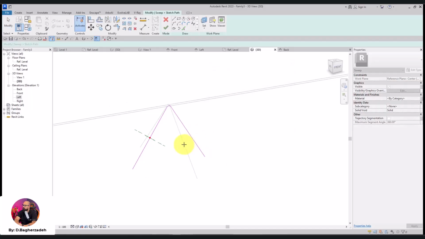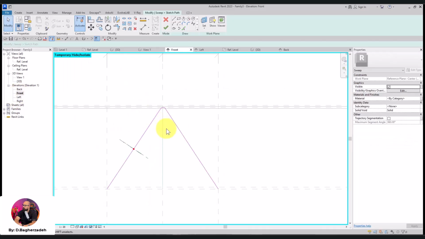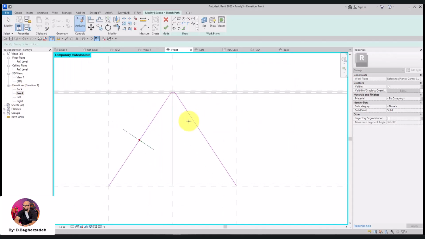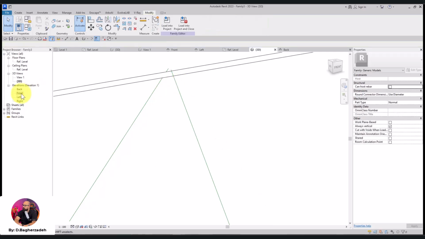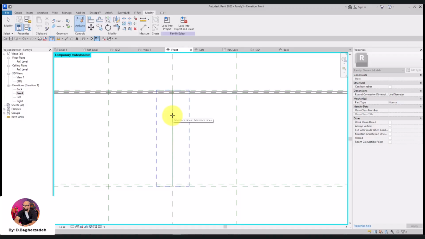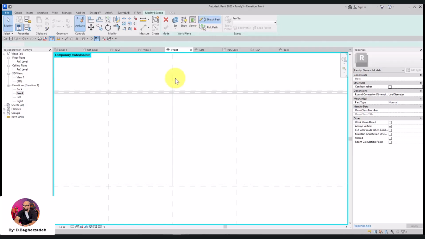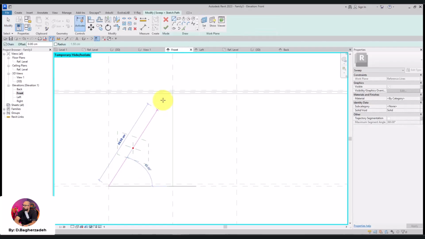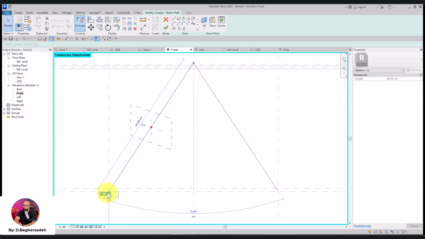Let me see, set a plane, pick a plane in left. Let me check from the front view, pick a plane. I can fix it by this time. I have to remove it. Again, I should set the work plane. I set it on this line, then drawing the sweep from the intersection, and then continue the another inclined line